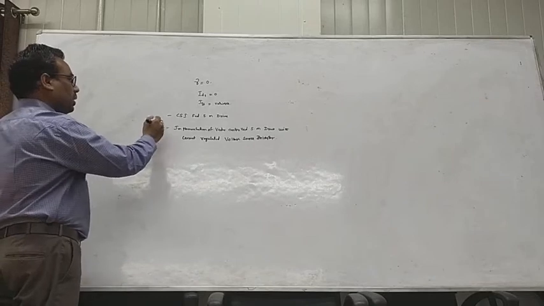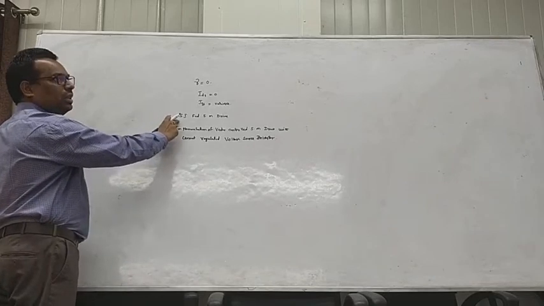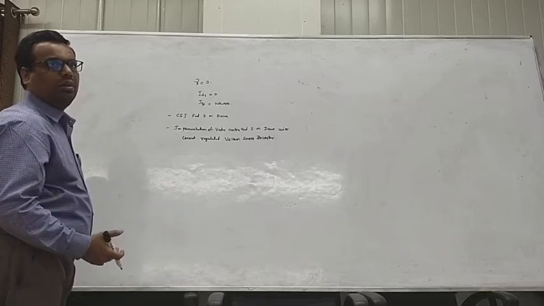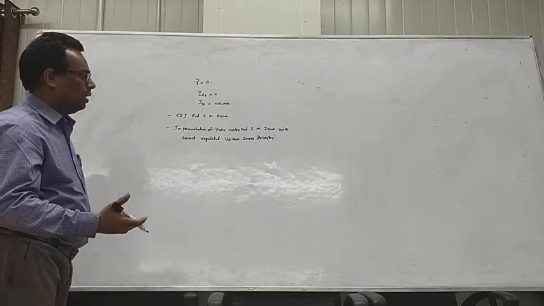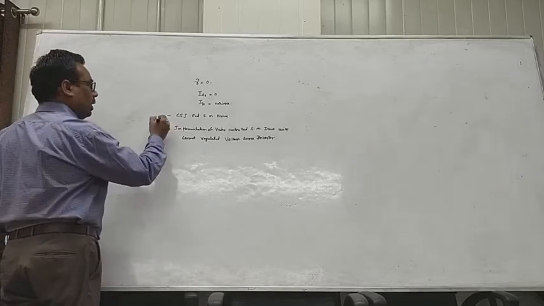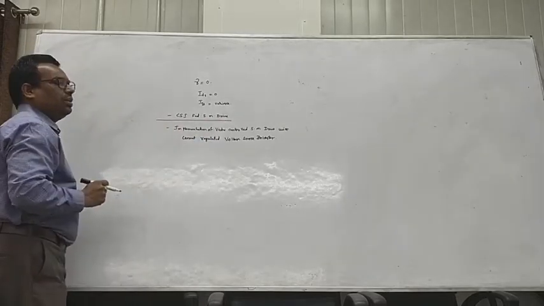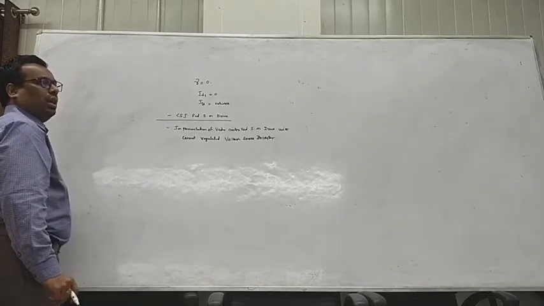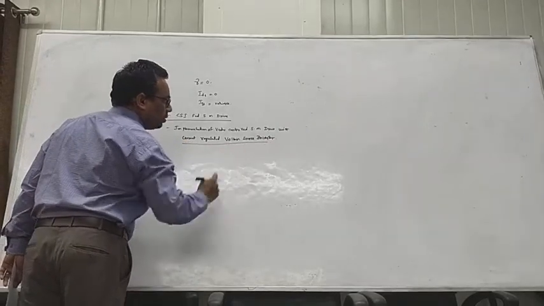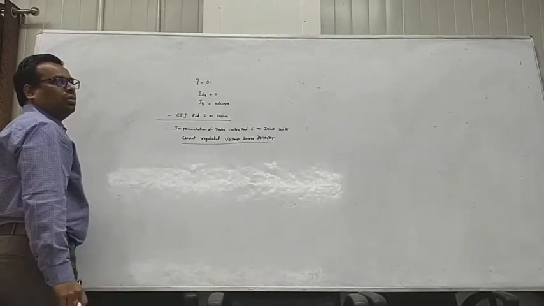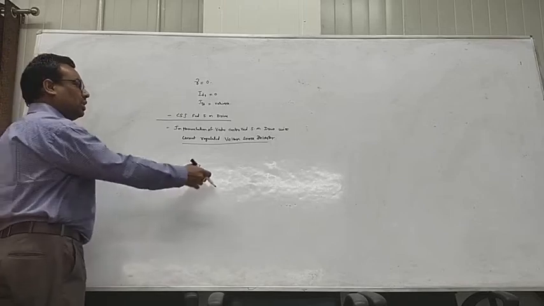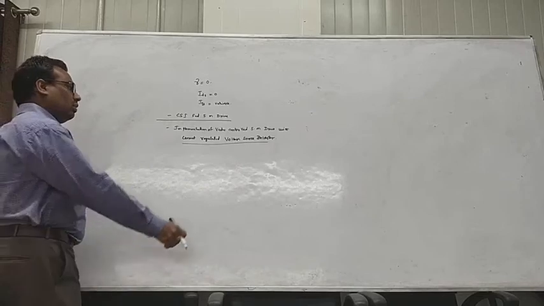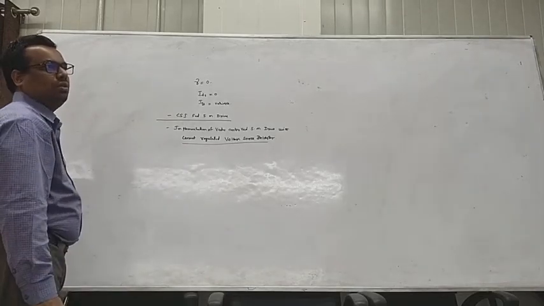So implementation one is the CSI fed synchronous motor drive. How are we implementing the vector control of the synchronous motor drive? It is implemented with the CSI fed synchronous motor drive. Another one is the implementation of vector control of the synchronous motor drive with current regulated voltage source inverters. Here we generate the PWM pulses by using the hysteresis current controller technique.